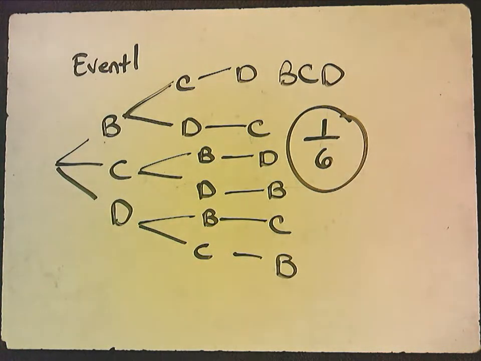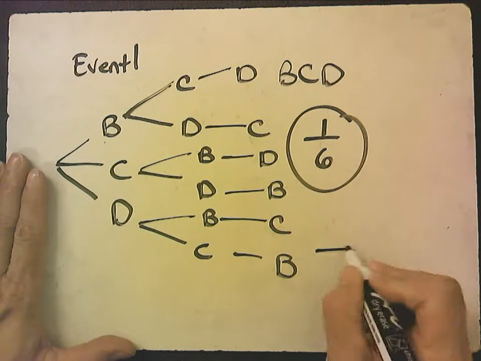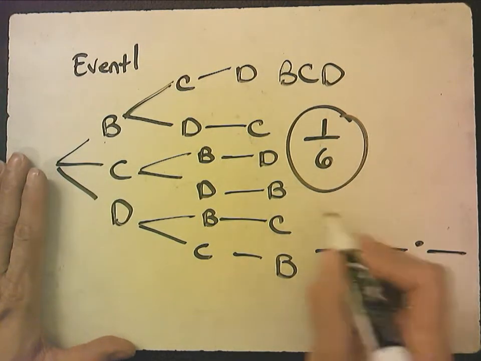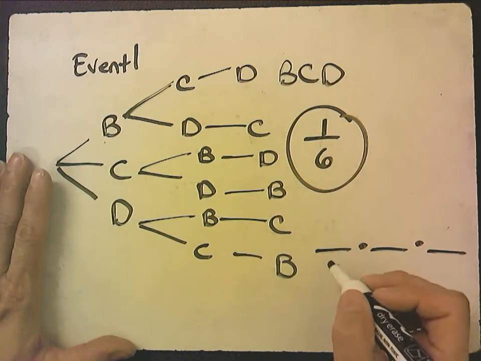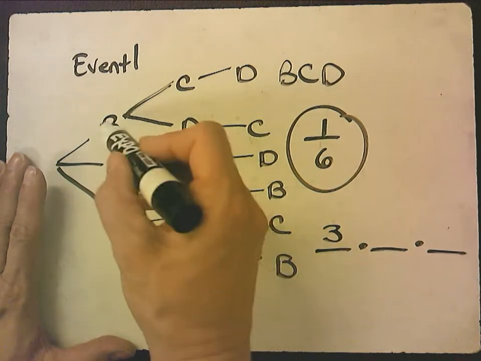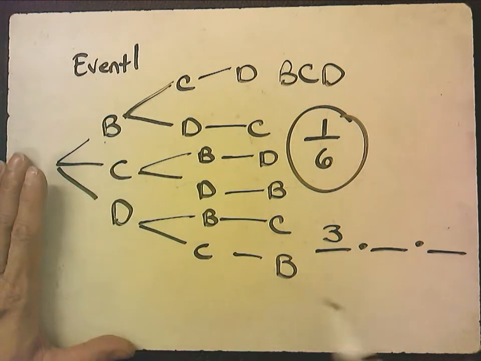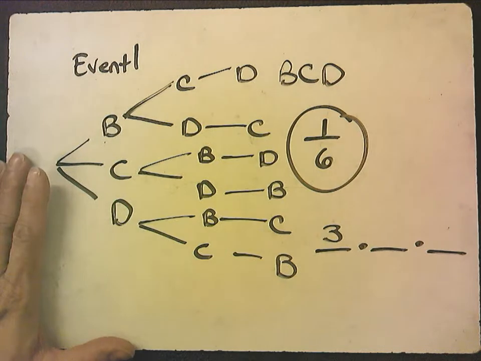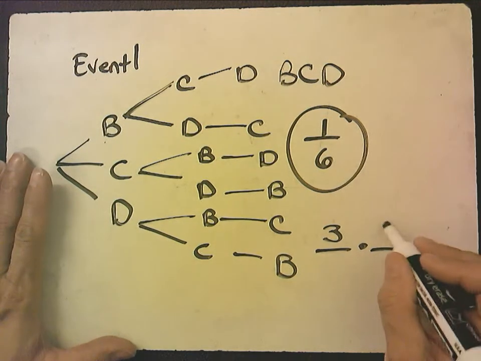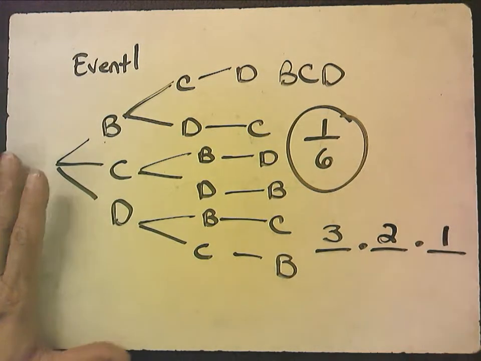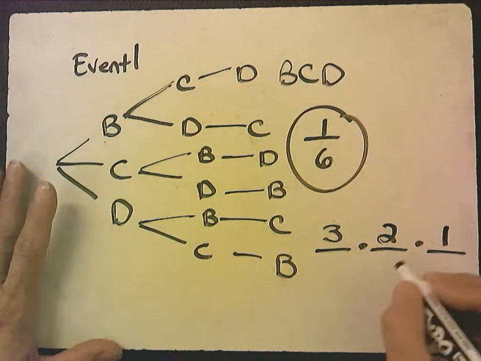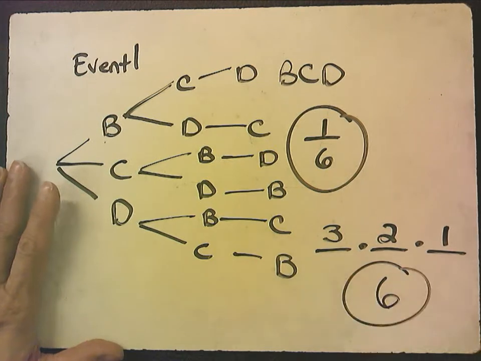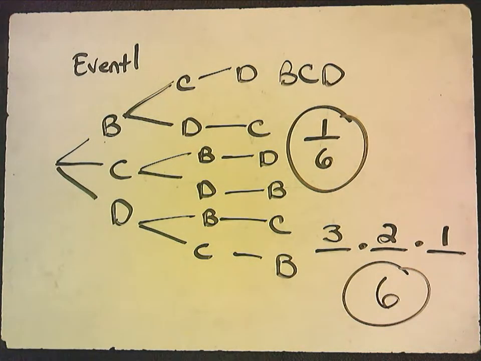Now, another way you could do this is you could say, okay, they're going to line up, the 3 of them. How many possible choices does the first person have? 3. It could be Brianne, Katie, or Dara. But once one of them lines up for the second position, how many choices are there? Only 2, because there's only 2 left. And for the third spot, there's only 1. So this is another way you can use the fundamental counting principle to figure out there are 6 possible ways